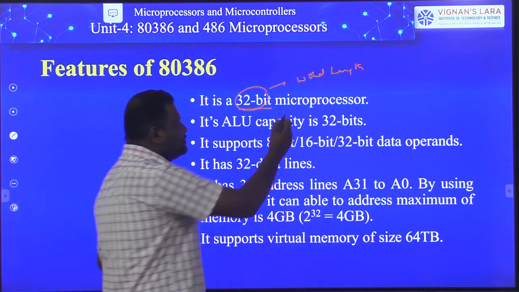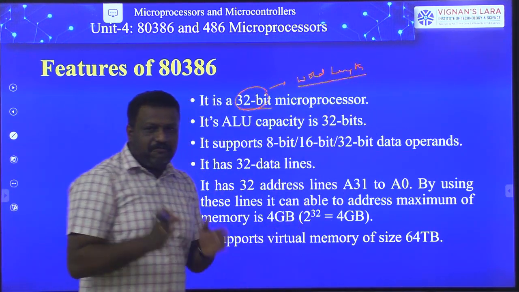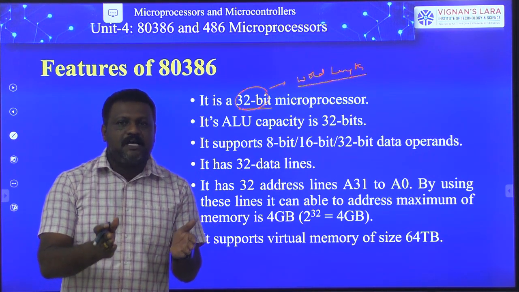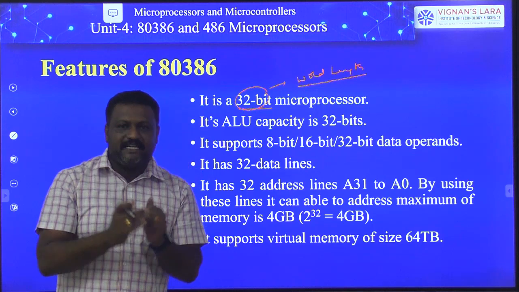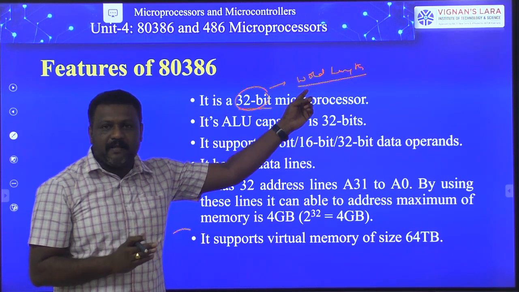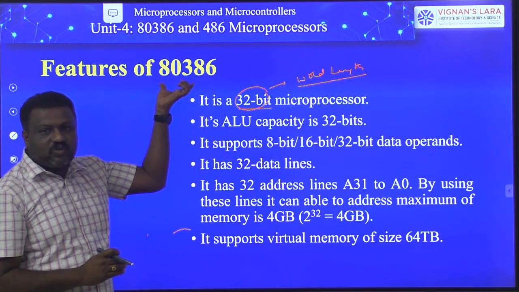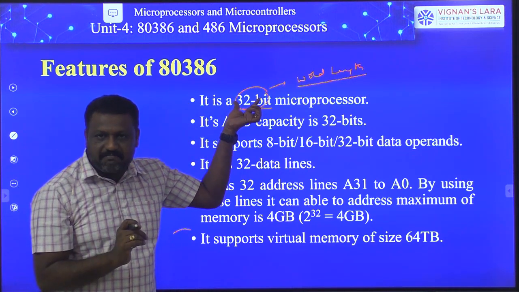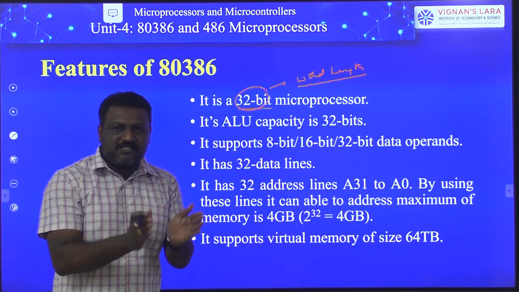Now guys, what's the meaning of this word length? Word length means the maximum number of bits recognized or processed by a processor at a time. That means this 80386 processor can recognize 32 bits at a time, or it can process 32 bits